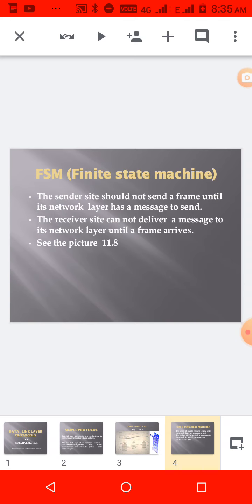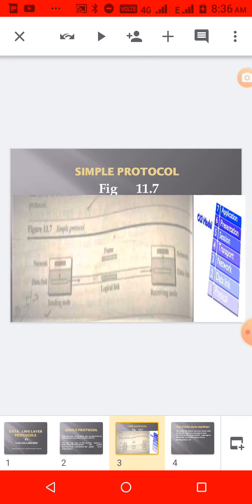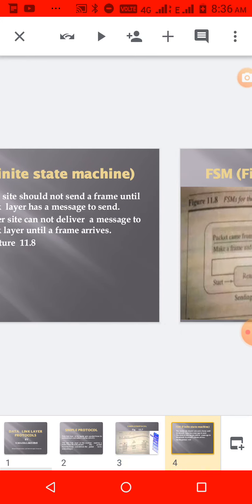Same at the receiver side, it cannot send data to the upper layer, the network layer, till it receives the message. It is a common thing. After the receiver gets the data from the sender, only then can it send it to its upper layer. That is given in these 2 points.